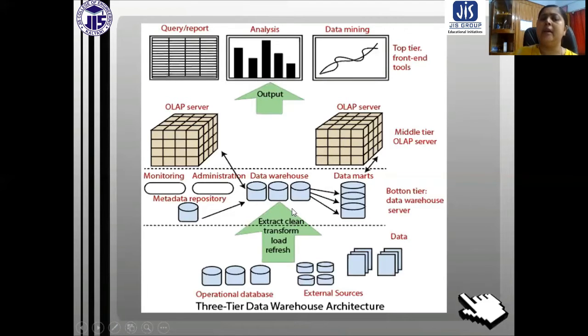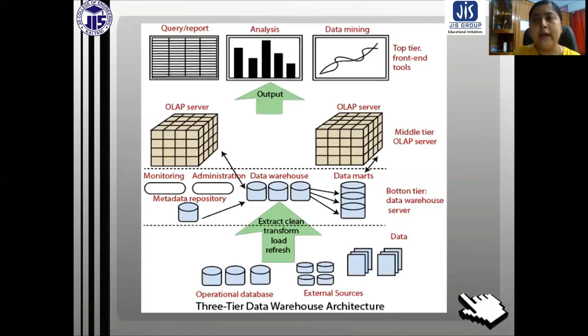That means we can say very simply that in the bottom tier, we store the data in the data warehouse in a very large amount. Then whenever we apply some logic on that data, whatever is produced is stored in the OLAP server.